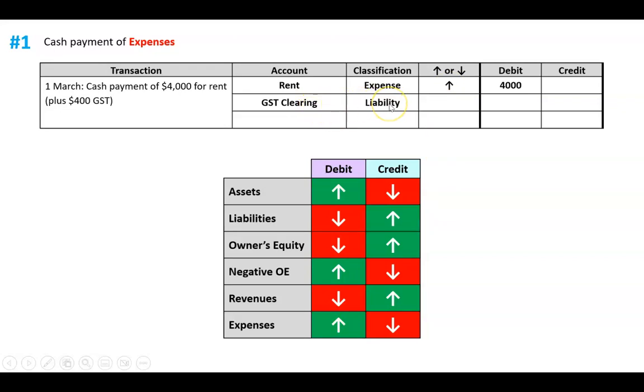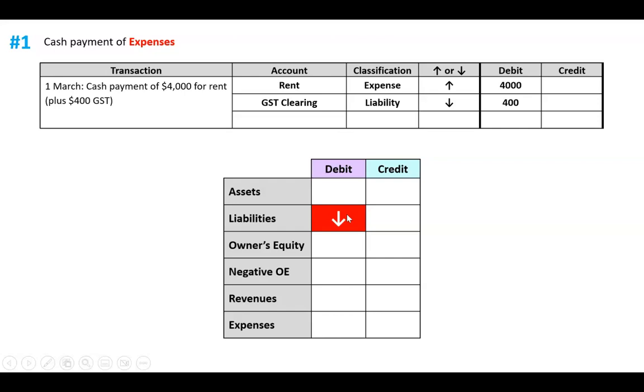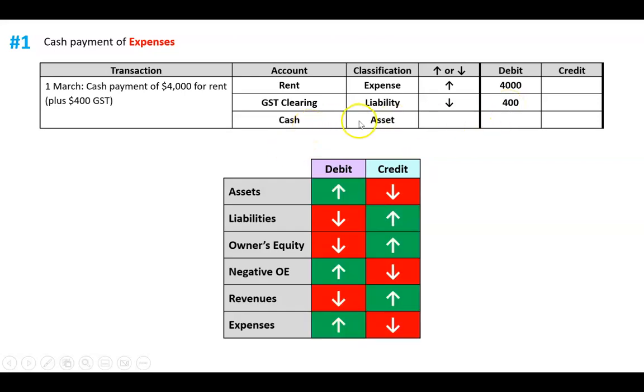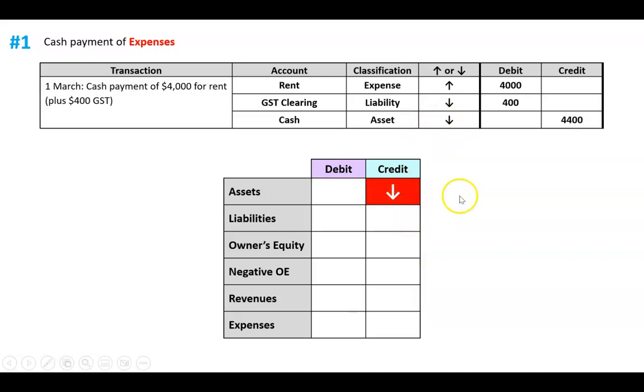We assume that's a liability. And in this case, we learned just a second earlier that when we pay GST, our liability goes down. So when the liability goes down, that would be a debit. And lastly, we've paid cash. Cash is an asset, and it's going down. And when an asset goes down, that's a credit, and it will go down for $4,400 because, like we said,